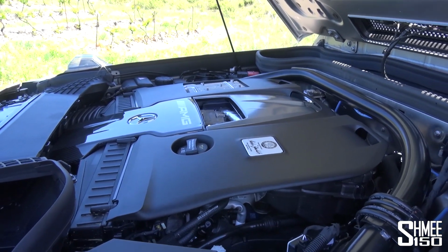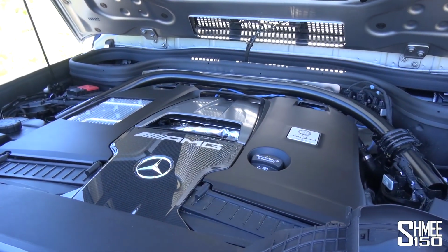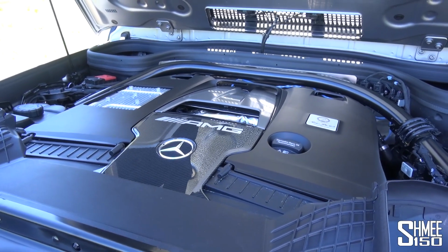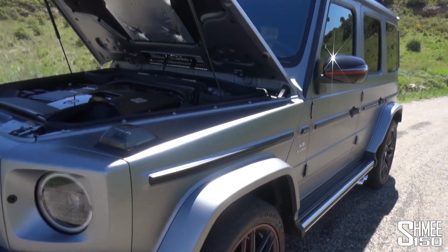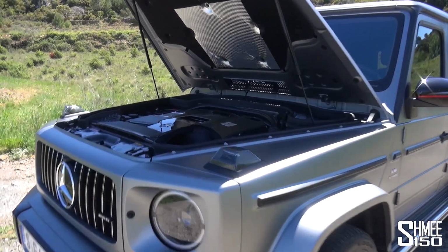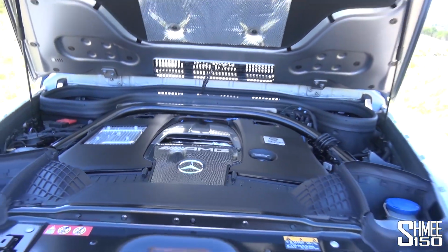It has 2 twin-scroll turbochargers, and in this case, 585 horsepower, 850 Newton meters of torque. 0 to 100 kilometers an hour, as I said, is just 4.5 seconds. So again, the agility helping under acceleration when you consider the weight of this car. Top speed is limited by default to 220 kilometers an hour, but with the driver's package can be increased to